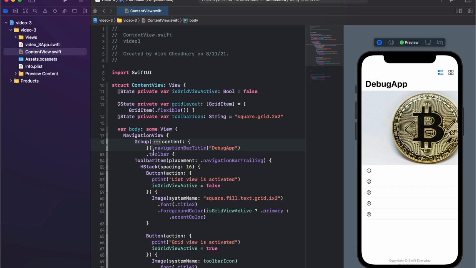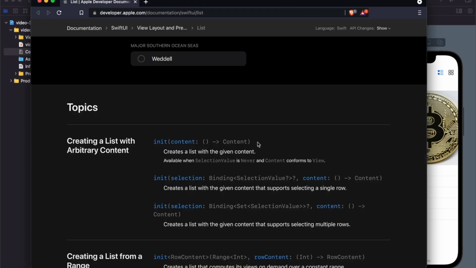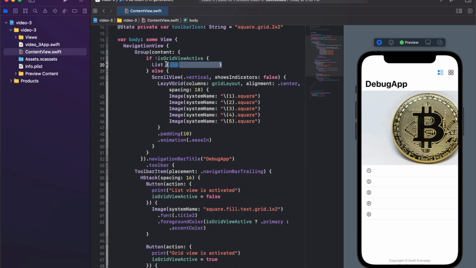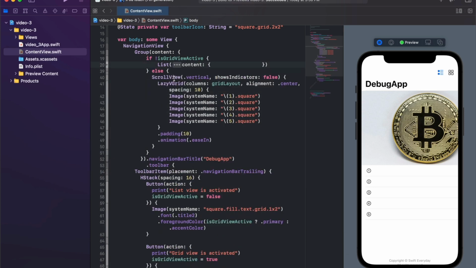You will do the same thing with the list view. If we check the list view, it also has an initializer like this that I'm going to bring in here. See, init and content, it does not need anything. Yes, it can get a selection and all that stuff. I recommend using the full method signature rather than doing trailing closures. We're going to cut the whole list out, use content, paste this thing here, and now you know that readability is increasing. This happened mostly